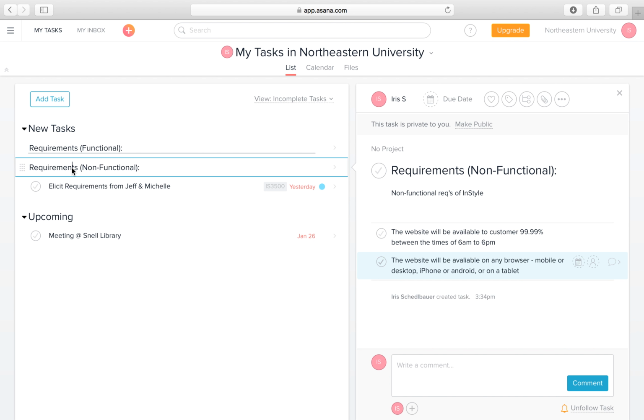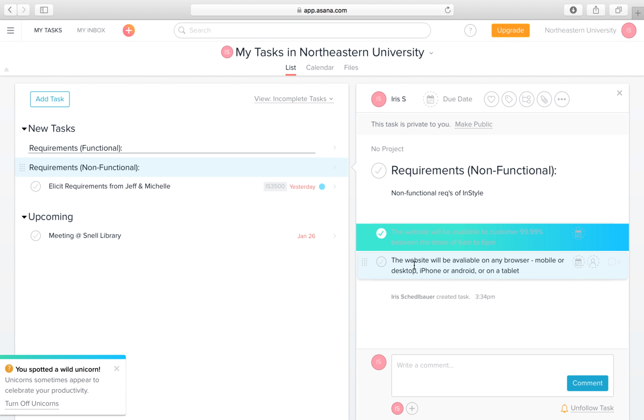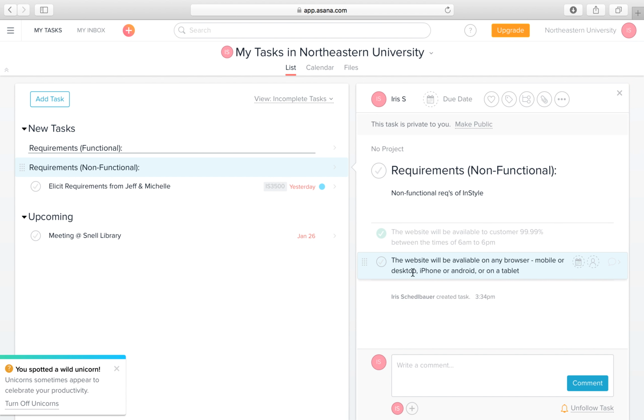to 6 p.m. The website will be available on any browser, mobile or desktop, iPhone or Android, or on a tablet. So, again, say that this one has been completed. You can check this off. Or say another person goes on, looks at the non-functional requirements and says, well,